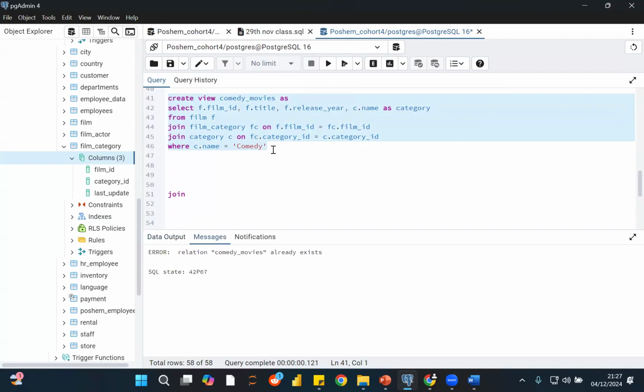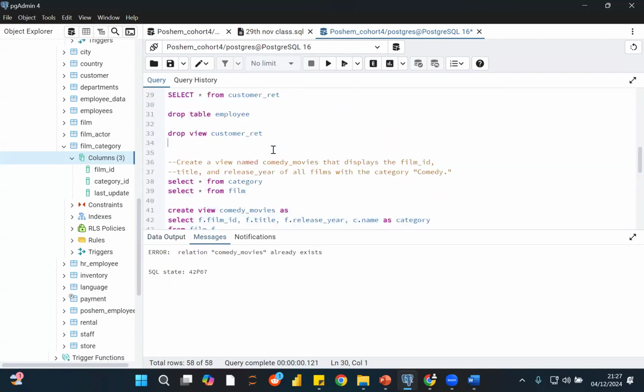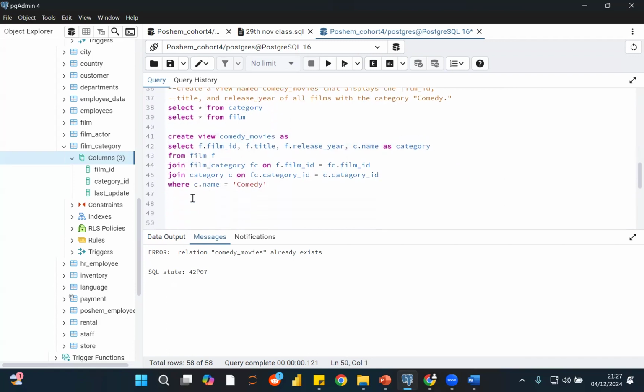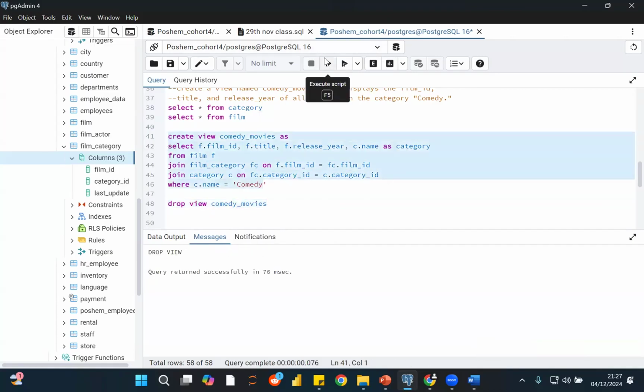Comedy movies already exists. What did we do? Already exists. Okay, let me drop the view. Or did it run just now? Anyhow, let's drop the view and run it again. Drop view. I think maybe I did this to test this question out. So drop view comedy movies. That's my bad. So let's run this, drop view. So let's do it again. So create comedy movies as